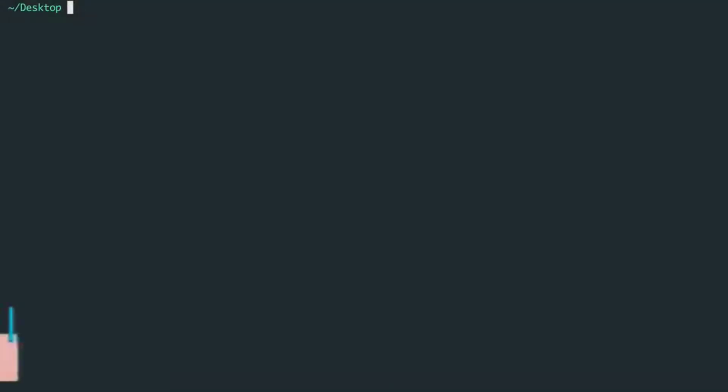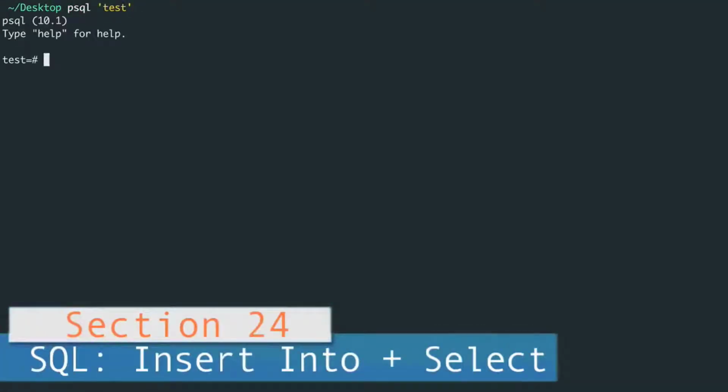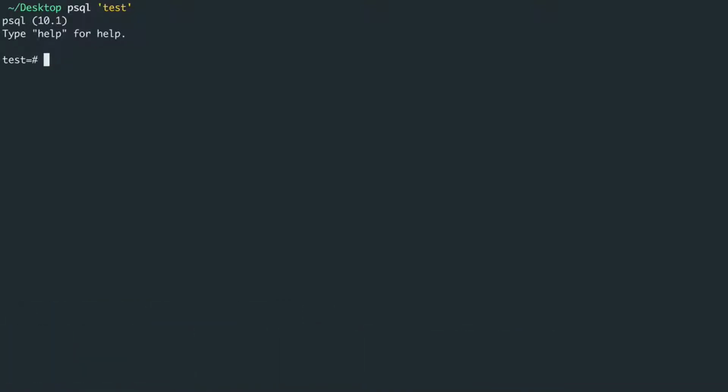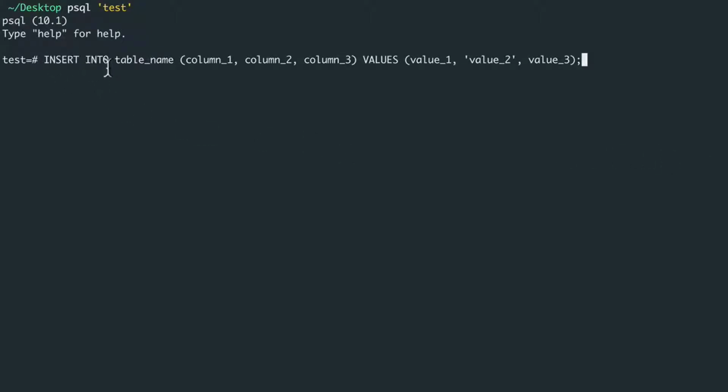Welcome back. Let's go back into our database. We've just created our users table, but now we want to actually insert some information. How can we do that? Again, using SQL, we have the insert into command that we're able to insert into whichever table name we want. We're going to specify the column and then the values of each of those respective columns, and always ending in